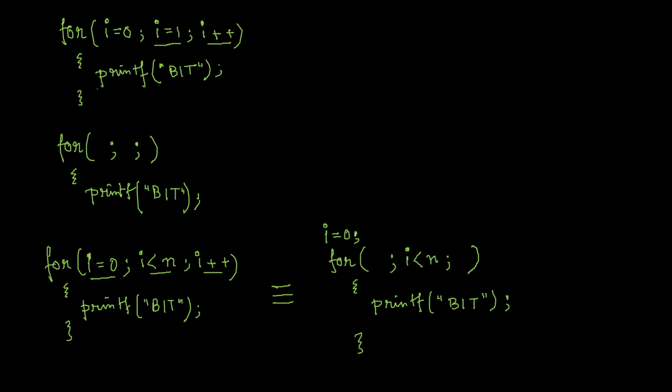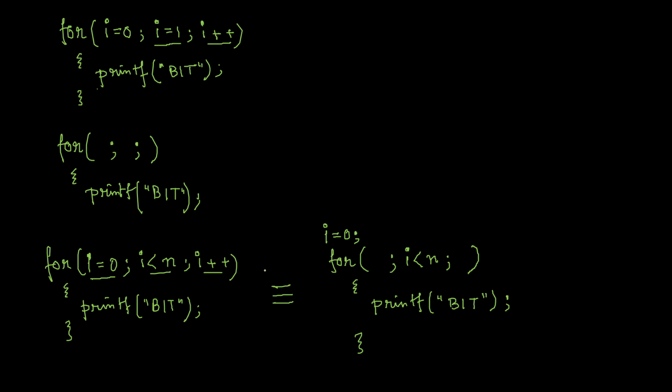Why? Because I equals to 0, if I consider n is a non-zero number, for example say 1, so 0 lesser than 1, true, bit will be printed. And since you have not incremented this I plus plus, that means I remain same, right? I remain 0, and again 0 lesser than 1 will be true, again bit will be printed, again I will not change, so 0 lesser than 1 again true, and it will continue forever, because you are not changing your loop variable.